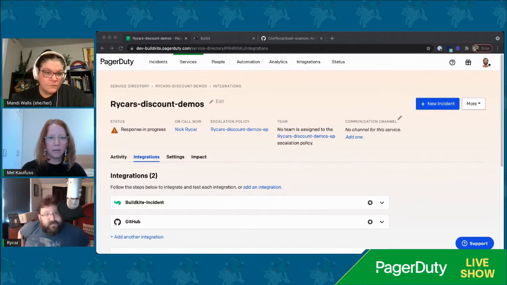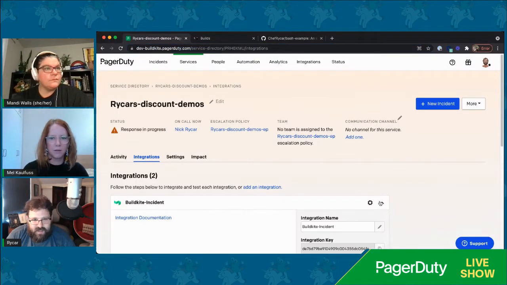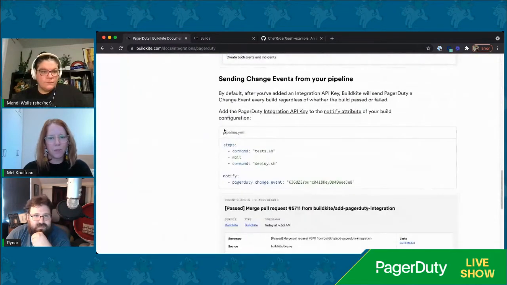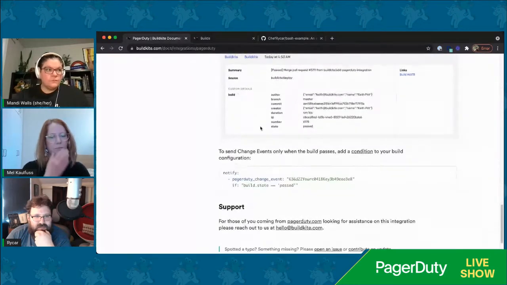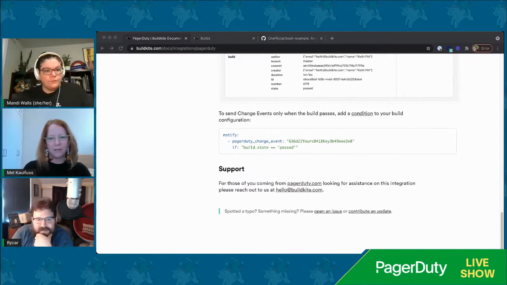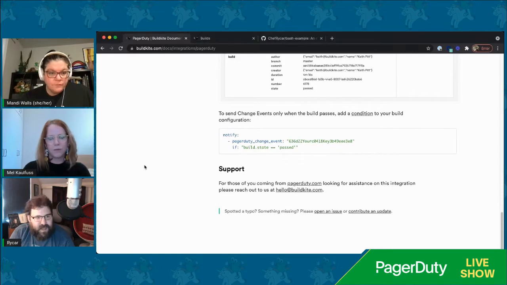In the Buildkite pipeline config, there's a bunch of different flags you can pass through. Like, you may only be interested in failed deploys rather than passing builds, because that might be a bit noisy. Say you're deploying 200 times a day, you may not want all the passed ones in there because they're not really an issue.